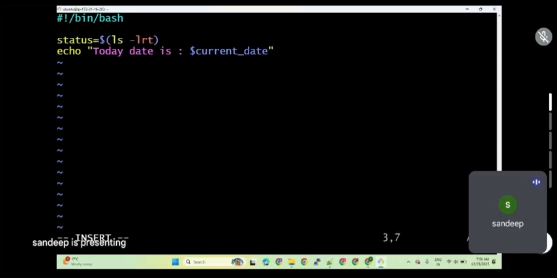Okay, status is equal to the output of this ls -lrt. That's how I'm defining the variable as status. So in the next line, in the echo, the variable that I'm saying is status. Here I'm going to replace it with status is